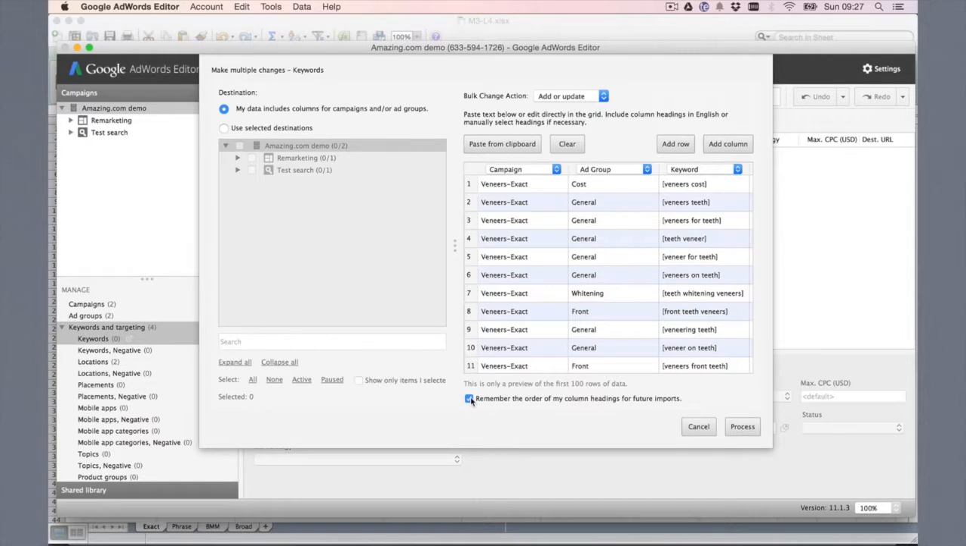And what it's going to actually do is, by doing this way, it will create the campaigns for us. So if this campaign here, Veneers Exact, doesn't exist, which it doesn't, it will create the campaign. If it already exists and you've already put settings into it, providing you use the same name, it will just update that campaign and that ad group with whatever you've got in the keyword column. So if I click on process,